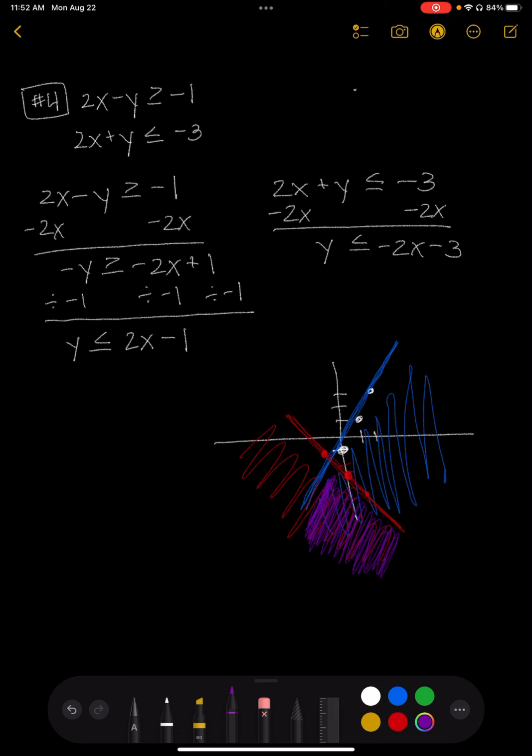Now you don't have to shade in different colors. You can just make it extra dark or extra shaded in that area just to show that that's where our solution set is. And that is how you